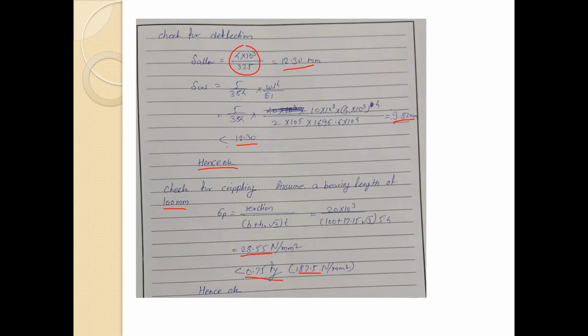Actually we have to take care of all these conversions, because in the steel table all the quantities have been given in terms of centimeters, sometimes it has been given in mm, and here so many quantities in the problem are given in kilonewton and meters. So that again we need to convert, because the permissible stress values we have are in newton per mm square. So all these things we have to convert properly, and then we have to solve the problem. While solving the problem, please take care of all these things.